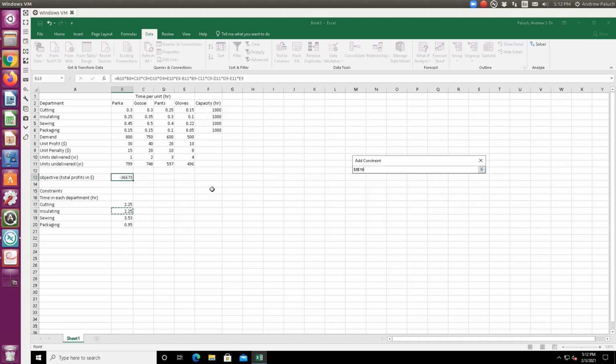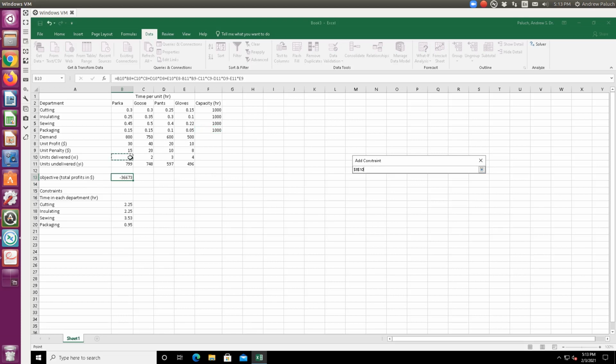Time spent in insulating needs to be less than or equal to the capacity of the insulating department. Time spent in sewing needs to be less than or equal to the capacity of sewing. Time spent in packaging has to be less than or equal to the capacity of packaging. And then we have